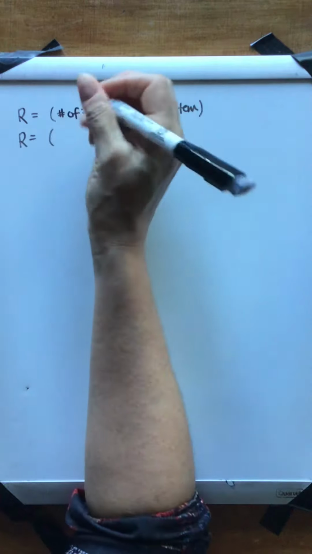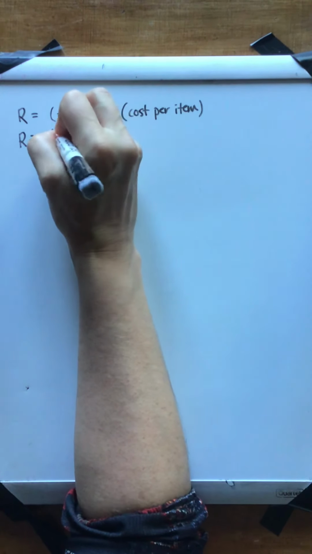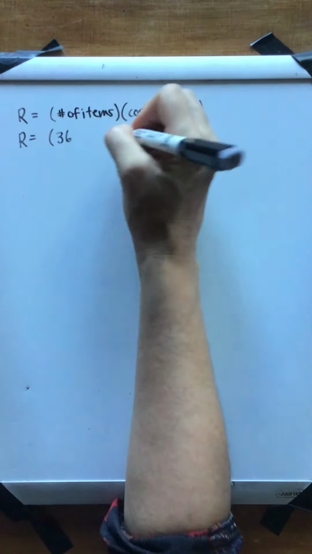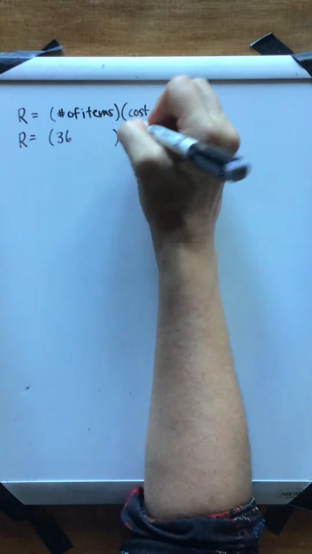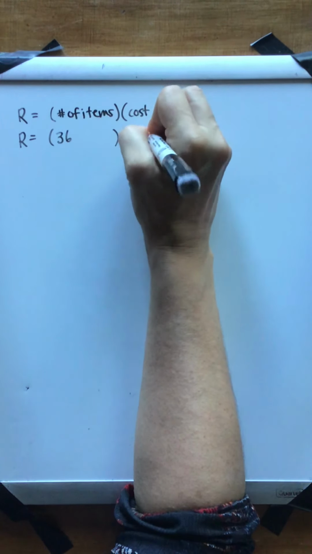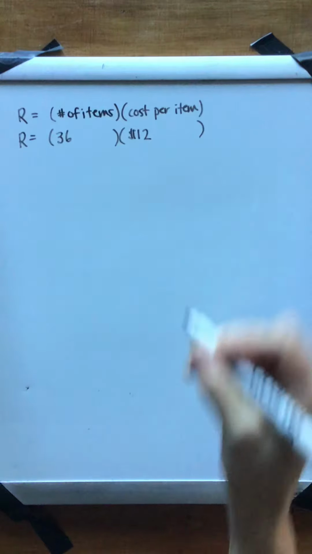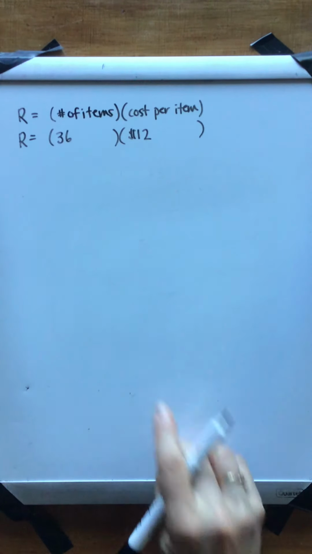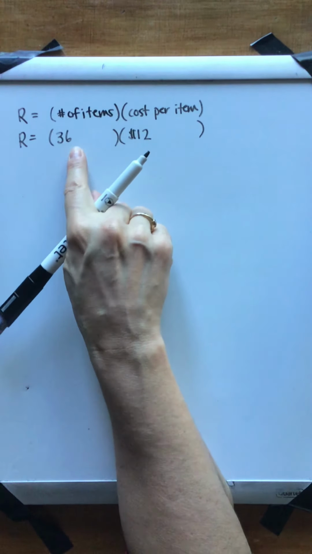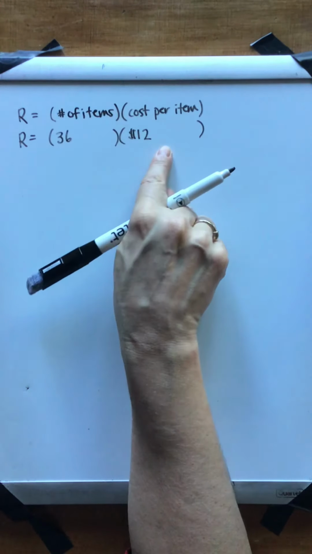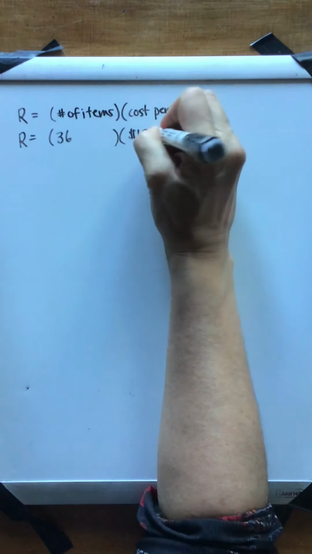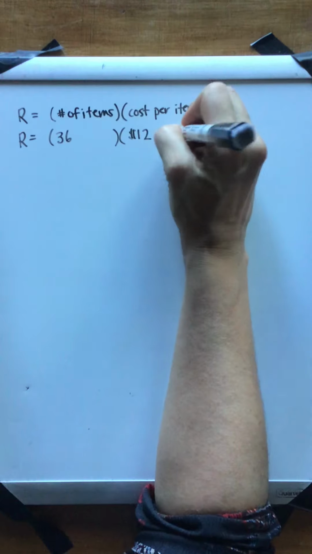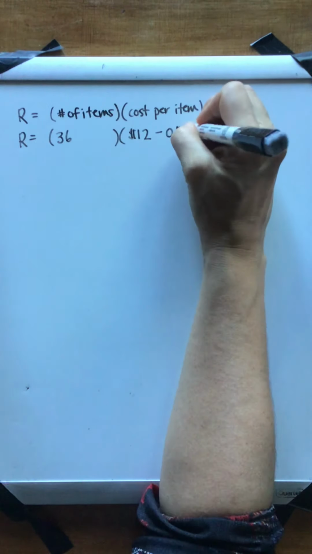So you may remember that as I read the question to you, I began with 36 pairs of skates, and I began at a cost of $12. And I'm just going to put the dollar sign in so that you can see where the numbers come from. What I played with then in this scenario is that the number of items would go up every time the cost goes down. So every time the cost goes down by 50 cents, and I could write it like this,